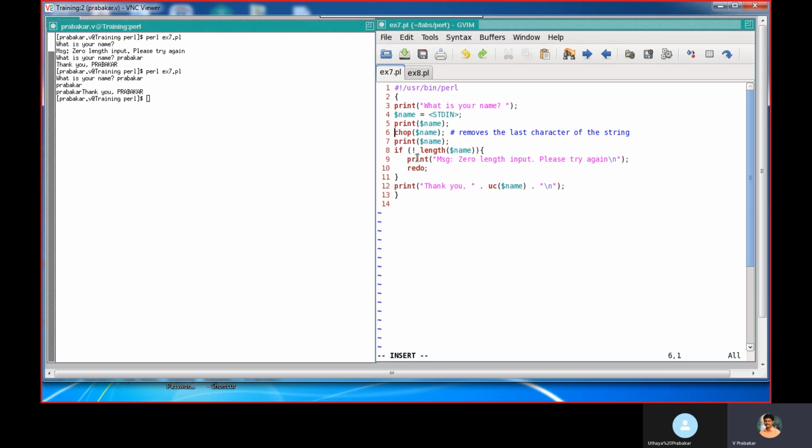In case I didn't perform this chomp, the name which we are receiving comes along with the newline at the end. So here it will give the name and a newline. Again here we introduce another newline, so you will get one line space.